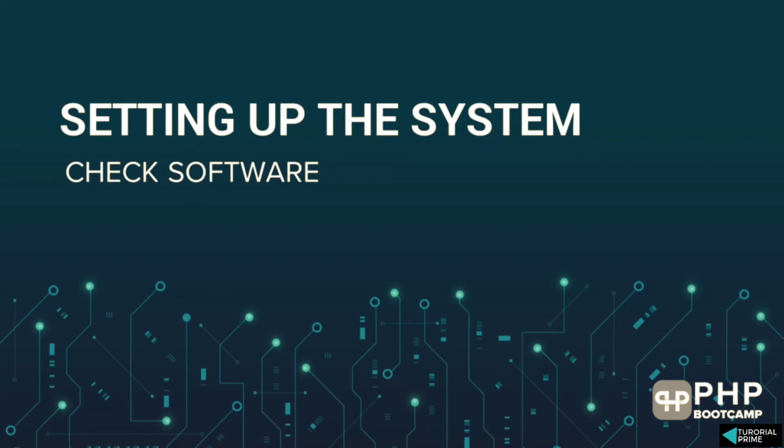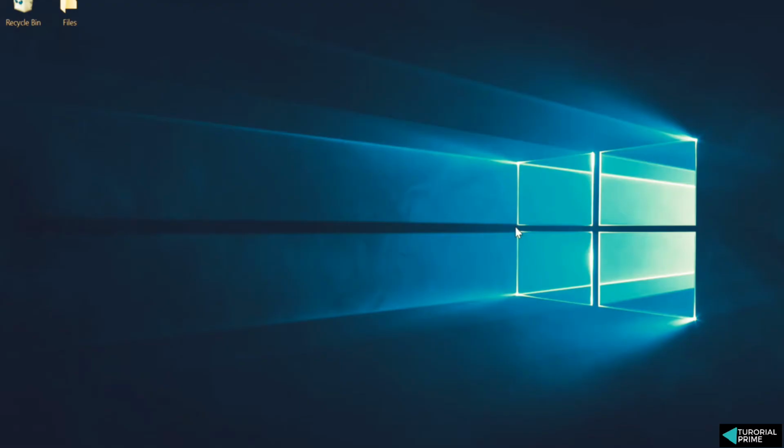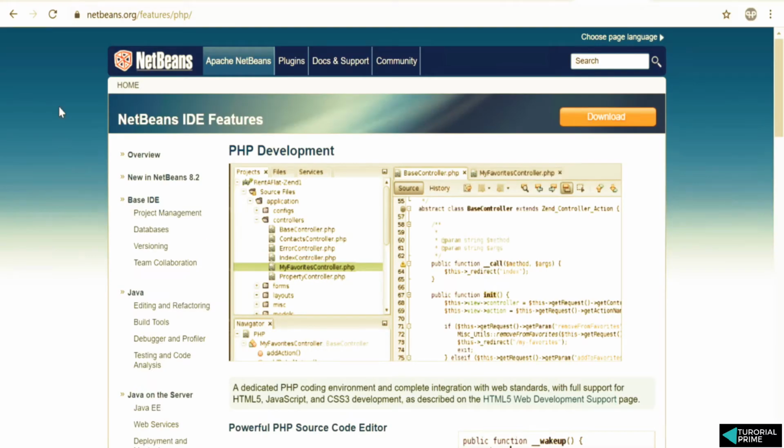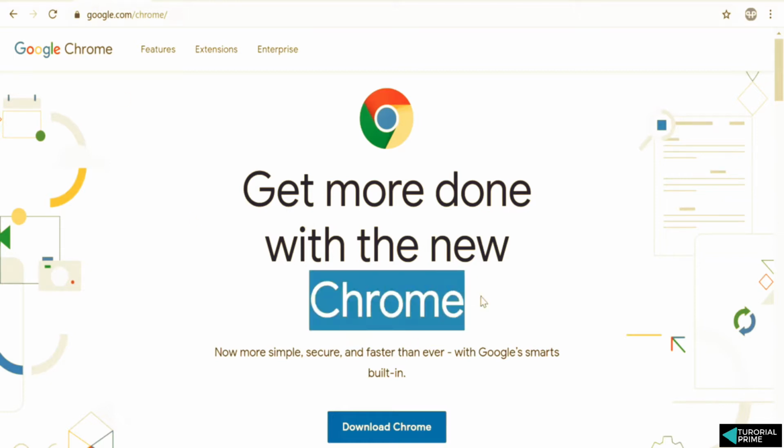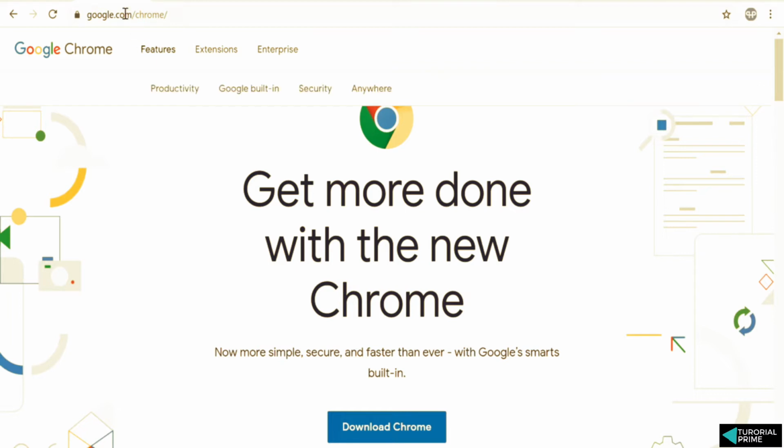So let me walk you through what software you need to write HTML and CSS and build websites with them. First, you need the browser. There are three types of browser. One is from Google, and it is called Chrome. You can download Google Chrome from google.com/Chrome, and then you can execute the HTML and CSS using the Chrome browser. This is how the icon of Google Chrome looks like.